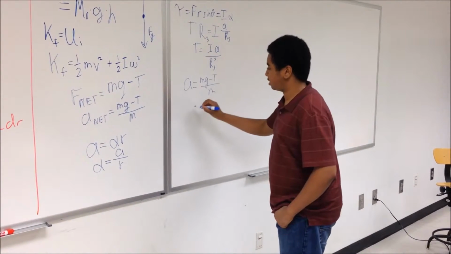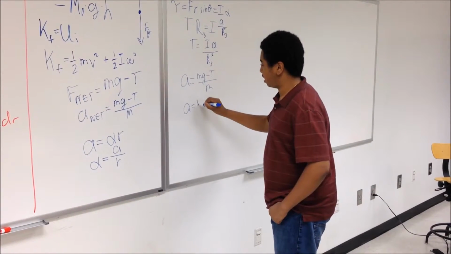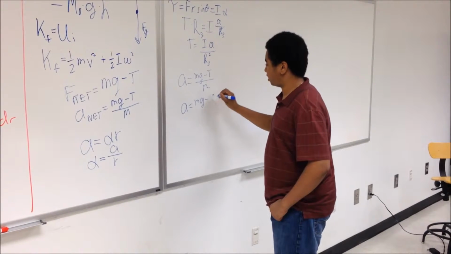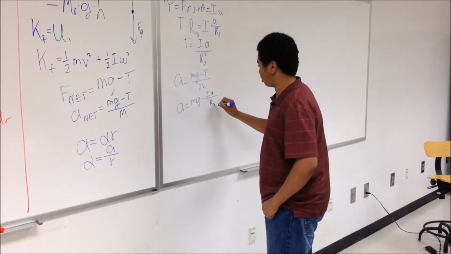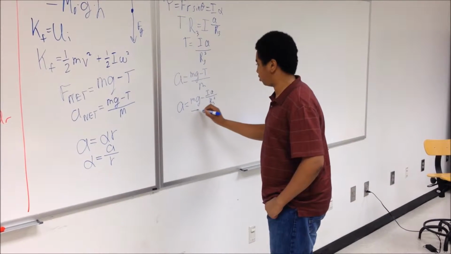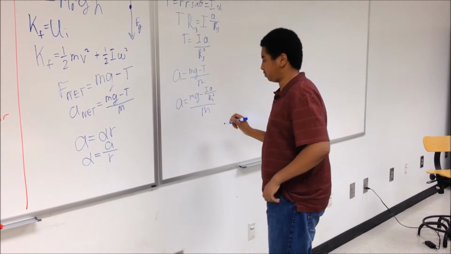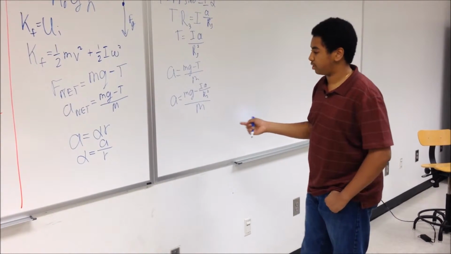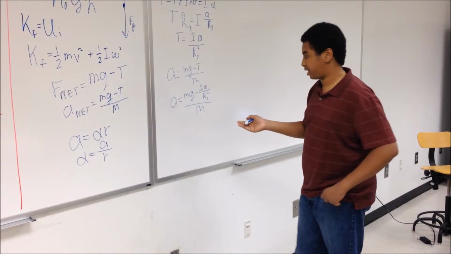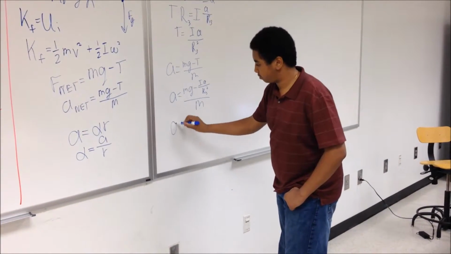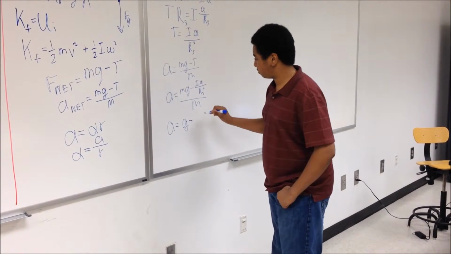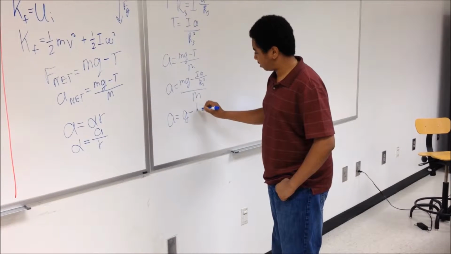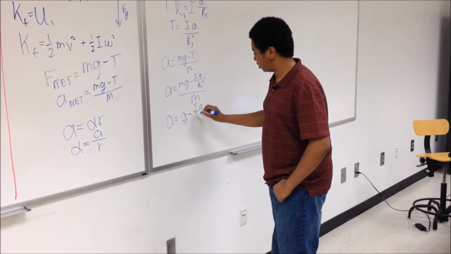And we can plug this in to get a equals mg minus I a over R3 squared, all over m. And so now what we can do is just cancel to make it easier: a equals g minus I a over